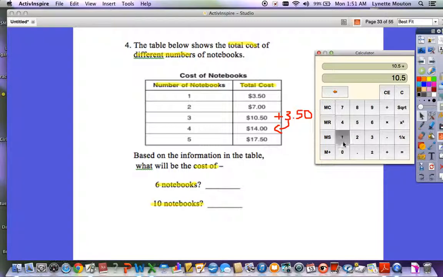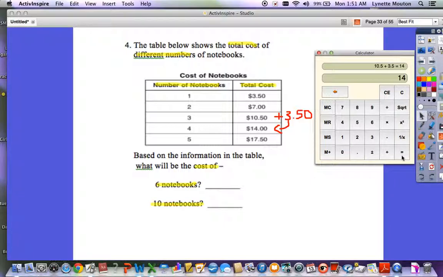Plus $14. Sorry, plus $7. 1050 plus 7 plus 350. Jeez, it's late. Sorry, ladies and gentlemen. 1050 plus